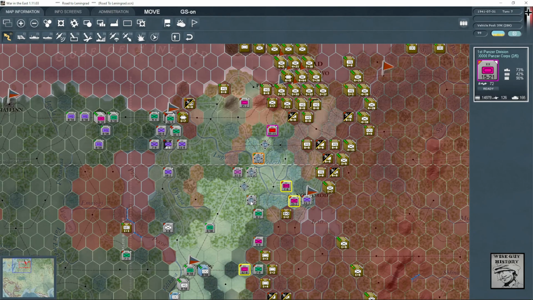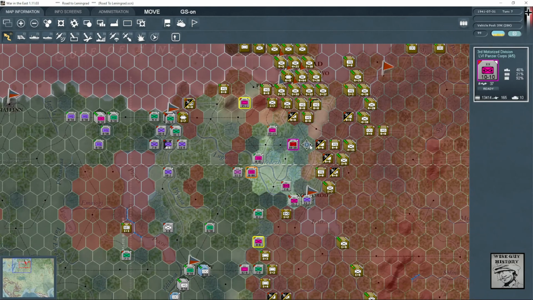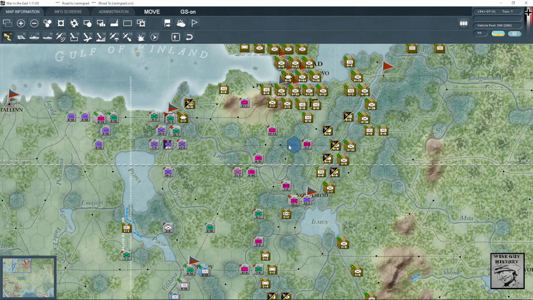They've still got action points. Here we go, got this motorised division as well. I kind of feel like that'll be enough. Might even just pull back a space. So, we're end of July. We're on the outskirts of...